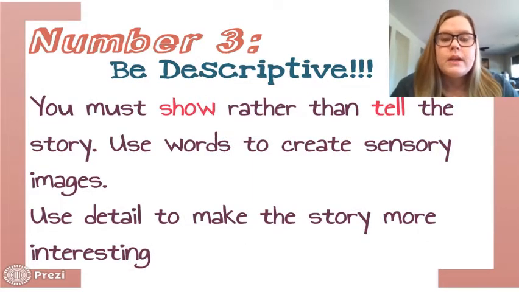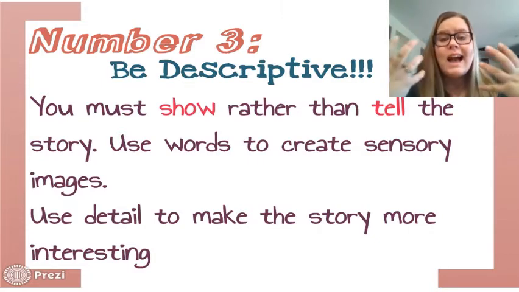Rule number three, this one is, again, the most important. I don't even think 3 exclamation points is enough for the emphasis that this one needs, but you have to show your reader what is happening rather than just telling the story. You need to use words that create a sensory experience so that the reader can imagine exactly what is happening